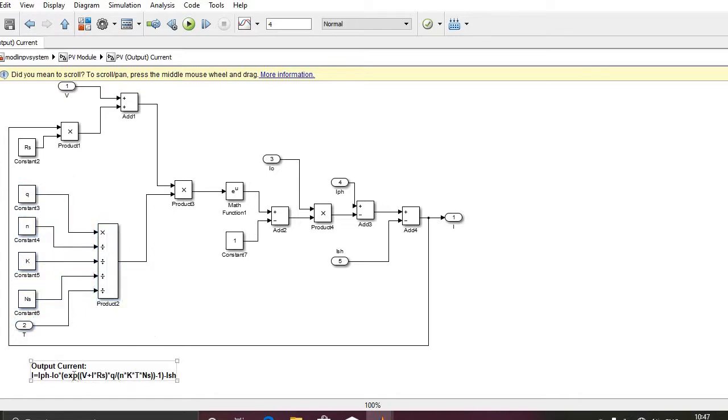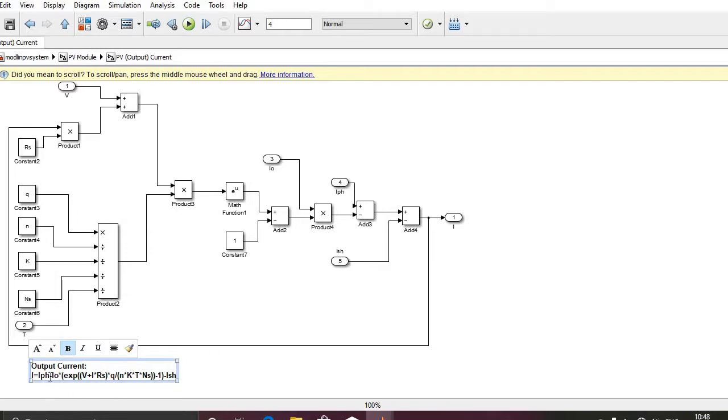Now again this whole term is in the form of exponential, so we have to consider this math function. This math function will give the value for exponential of (V plus IRS) into Q divided by NKT NS. Now this whole term minus 1,